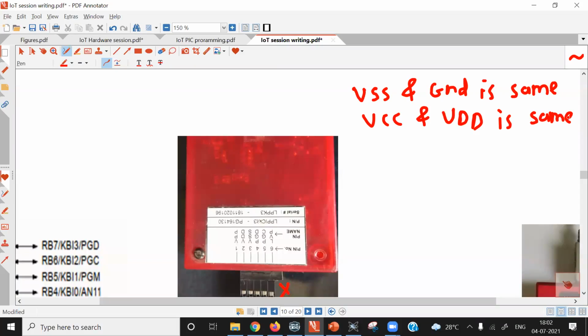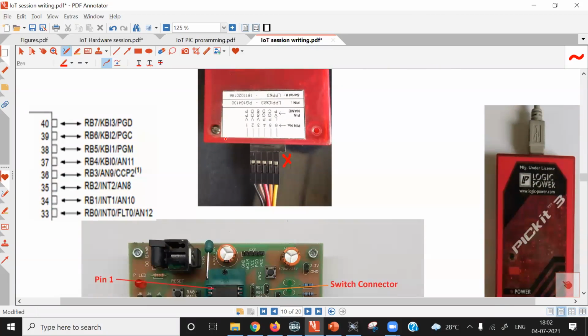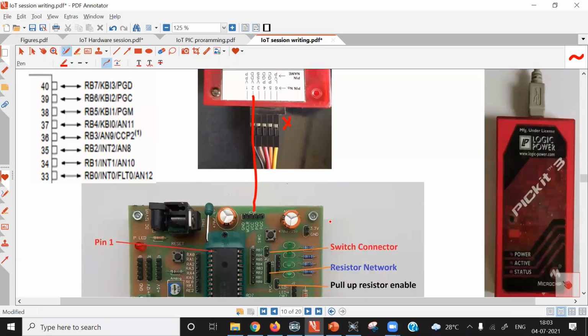VSS and ground meaning is the same. VCC and VDD meaning is the same. So what you need to do is, you connect this VDD pin to the VCC pin on the PIC development board. VDD must be connected to VCC.